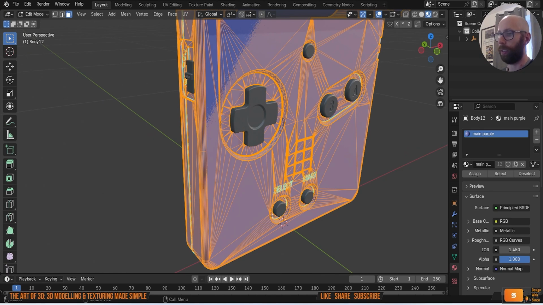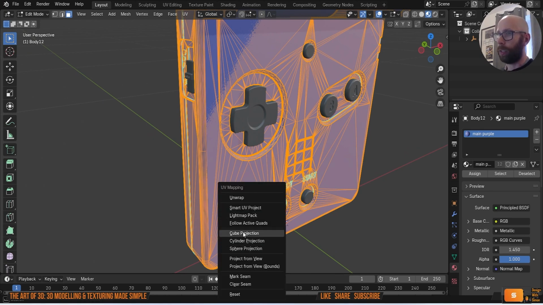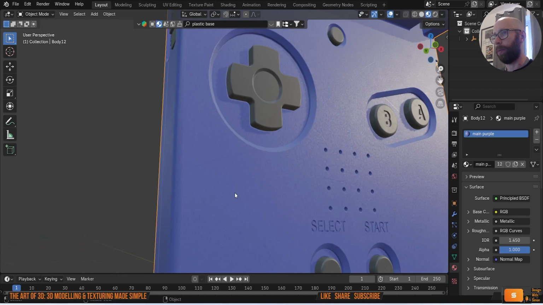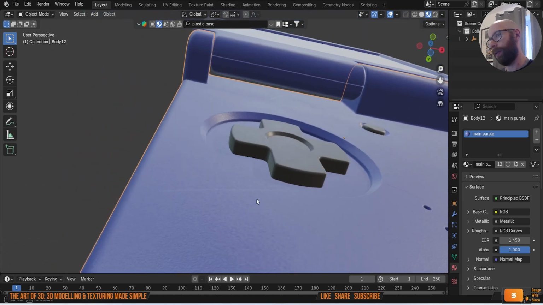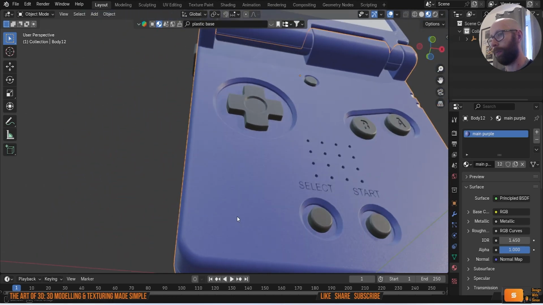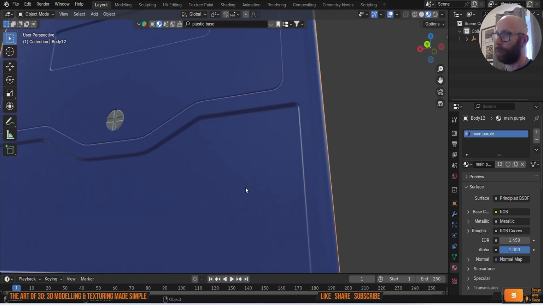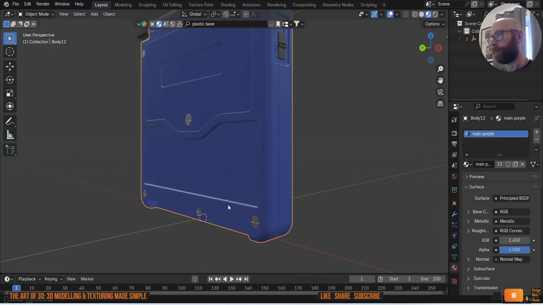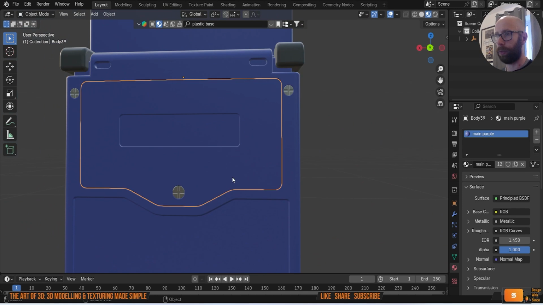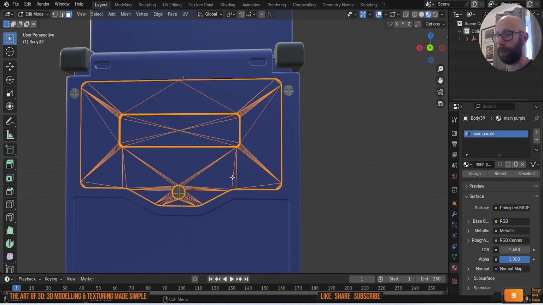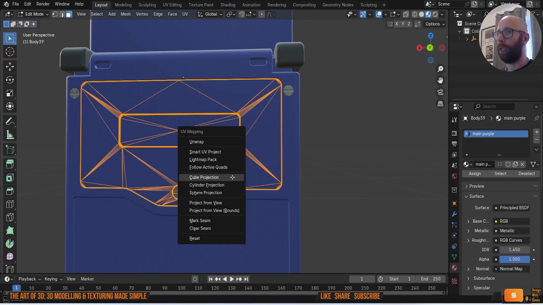I'm going to press U on my keyboard. I'm just going to go cube projection, come out of edit mode, and you can see we've now got the graininess of our plastic showing up more now. So what we're going to do is do that for all of them. So tab to go into edit mode, 3 to go to face mode, A to select all, U, and cube